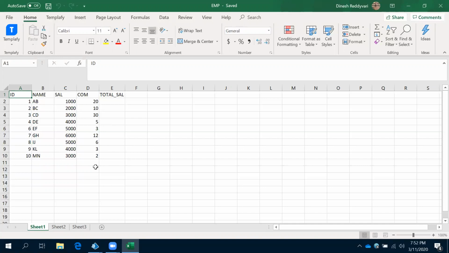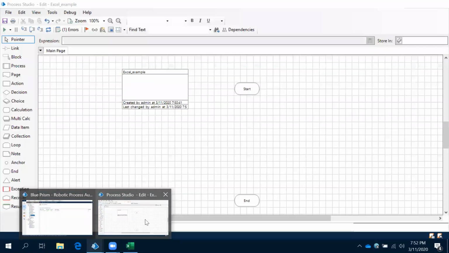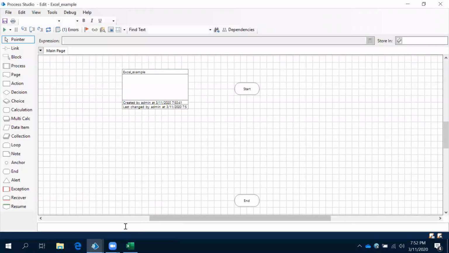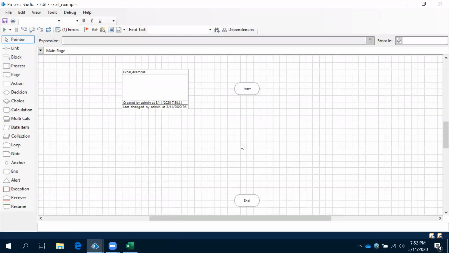And before that, we need to understand where our Excel file is available, in which path the file is available. Let's say in C drive or D drive, wherever it may be, right? We need to know which place the file is in. If the file is available, what is the file name? This file name is AMP, and then which sheet the data is available in. These are the mandatory things, right? The same things we are going to use here when we are working with actions in Blue Prism.